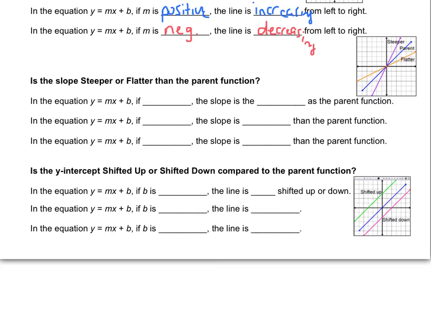So in the equation, y equals mx plus b, if m, the slope, is equal to 1, then the slope is the same as the parent function. So you can look over here and see the blue line. That's the parent function. If it has the same slope, it will be just like the parent function. If, on the other hand,